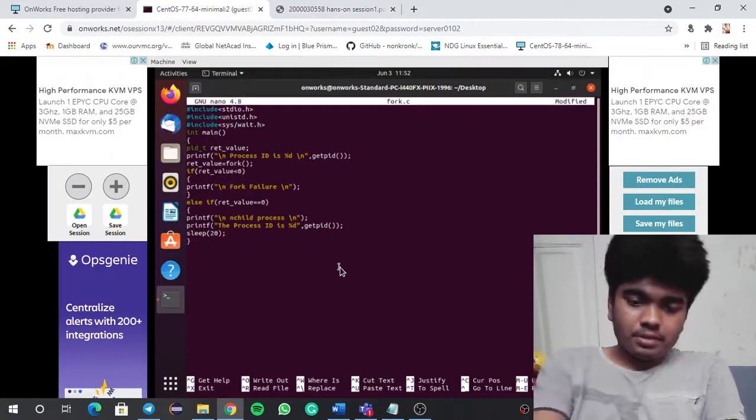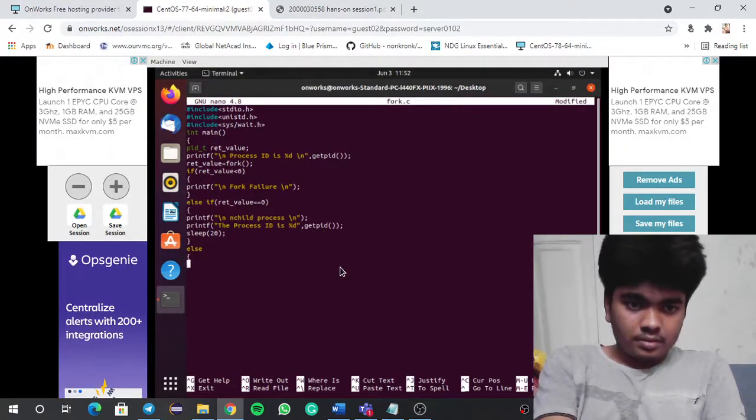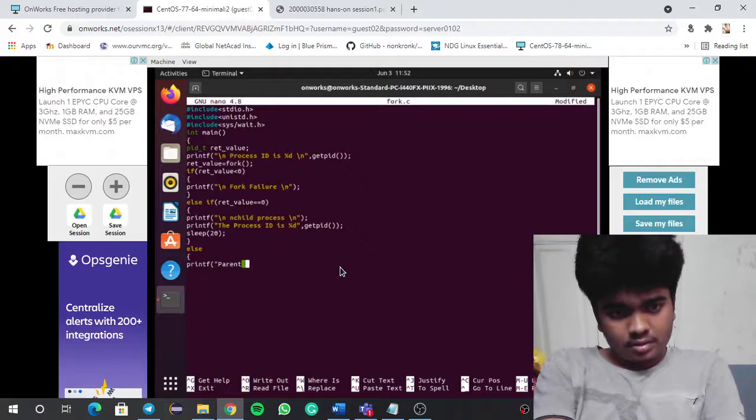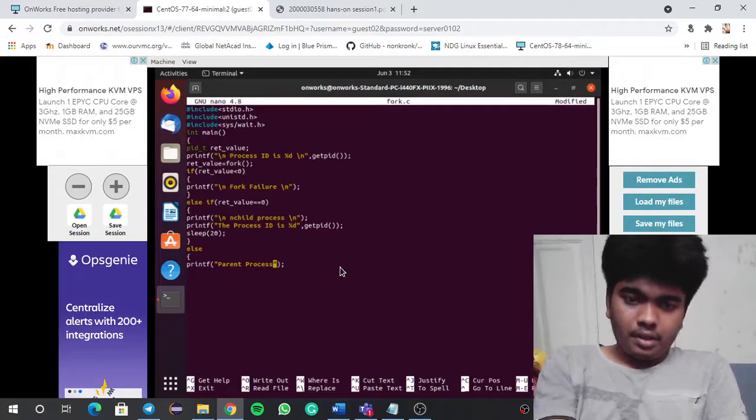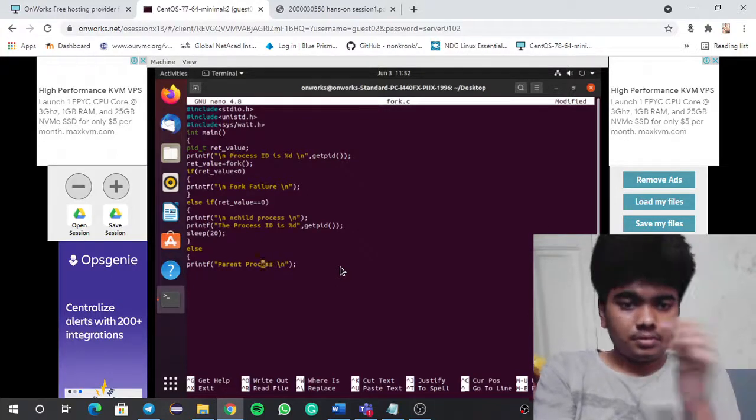printf "parent process". I think we need to maintain the slash n in here also.